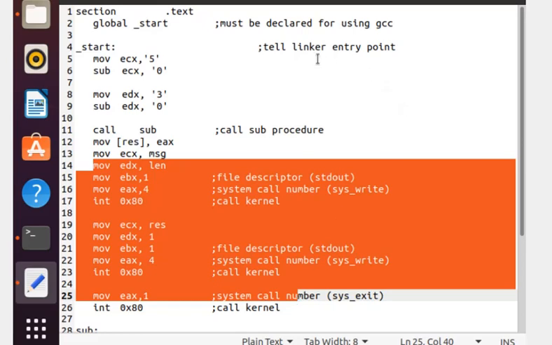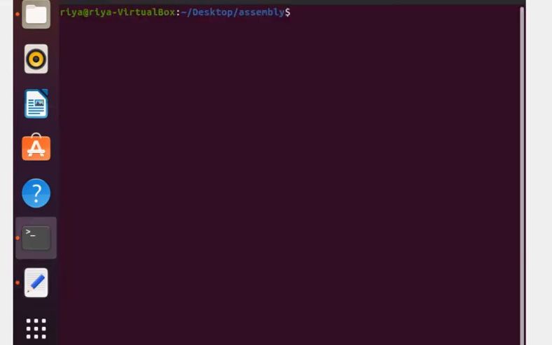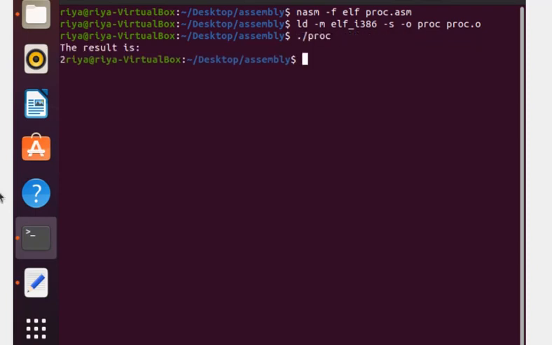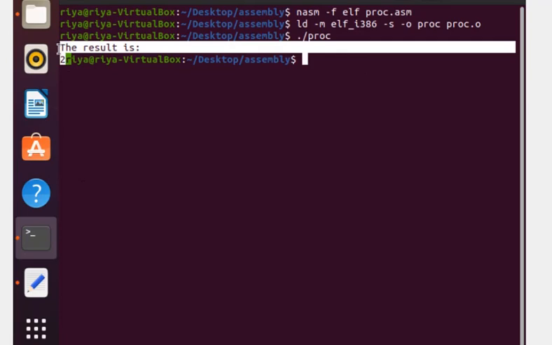So let's execute this code and we'll see how the output looks. So I'm executing the code over here. Compiling it, executing it, running the file. So as you can see, students, finally the result is displayed and we have successfully implemented this simple program using the concept known as procedure. Alright, now let's move on to our next concept for this session, which is macros.